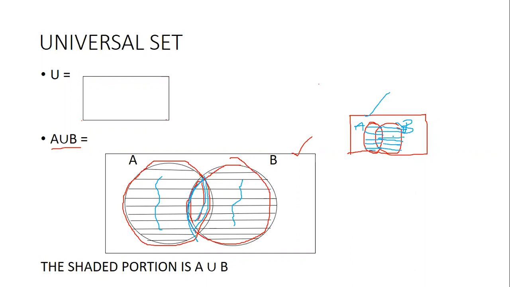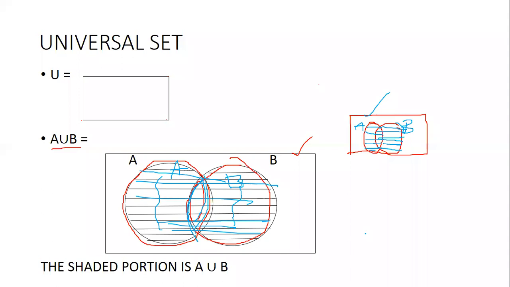Okay, so first we consider all the elements of A, and then we consider all the elements of B, which means you're supposed to shade the whole of this circle. Did you all understand that? Did you all understand how to draw A union B? We would require all of this in solving the problems. Anybody still has doubt? Okay, okay.